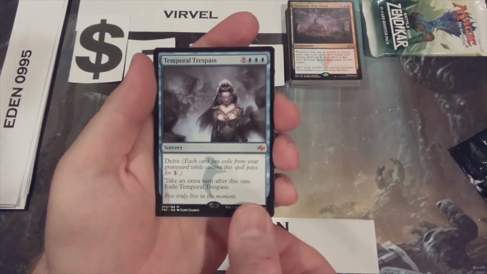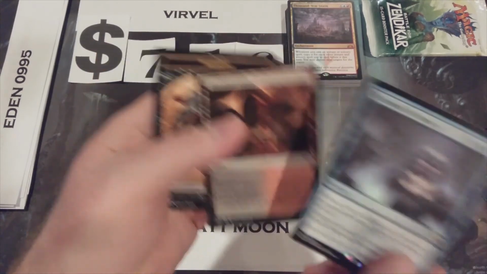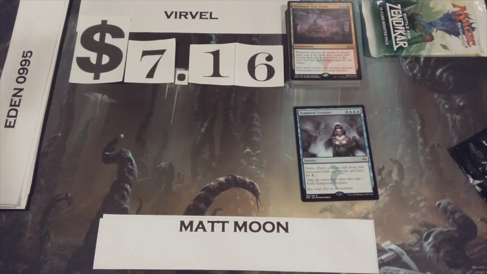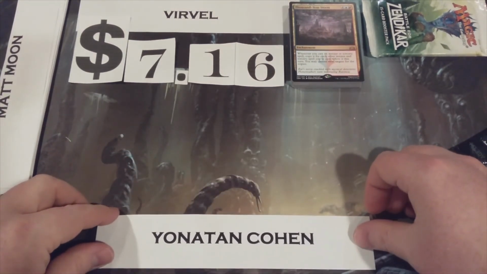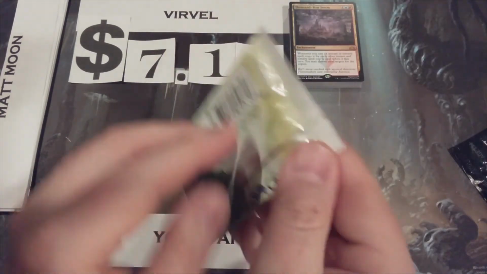More importantly, what's the land? It is a Bloodfell Caves. Oh, it couldn't have been a Bloodstained Mire. The Temporal Trespass, mythic number 5 of this opening, comes in at just under $5, so Verval will remain on top with 1 pack left. And participant number 30 is Jonathan Cohen, and Jonathan's pack is Battle for Zendikar, our 30th and